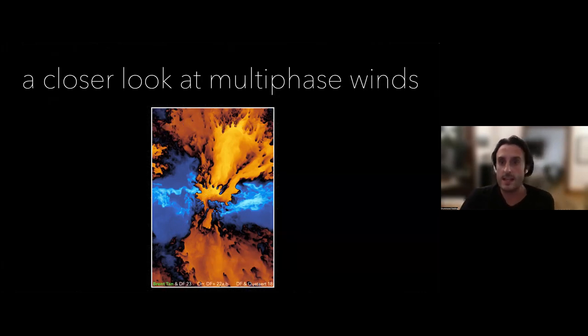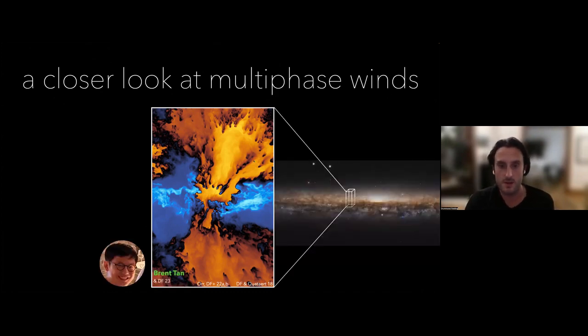Great. So let's take a look at one of these multi-phase galactic winds. So that's this little simulation I'm showing here. And to situate people, this is showing a 2D slice of the temperature field through a 3D simulation, which is meant to represent a little patch of a galaxy. Okay, and this is work done by a great former Santa Barbara graduate student, now postdoc at the Center for Computational Astrophysics with me, Brent Tan.